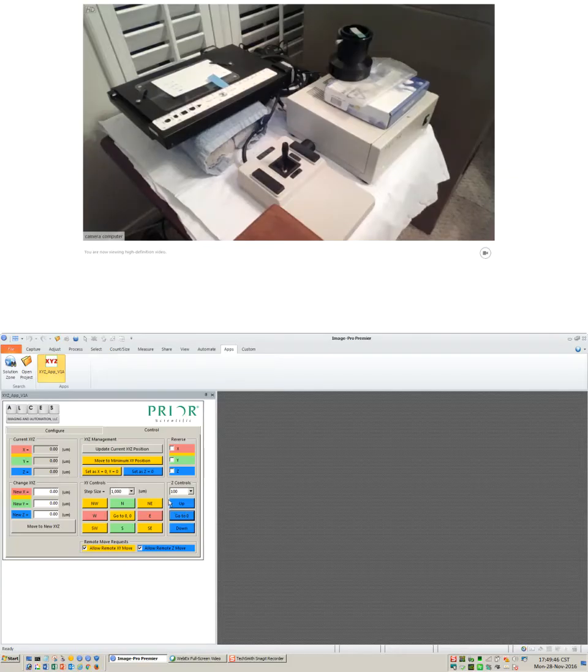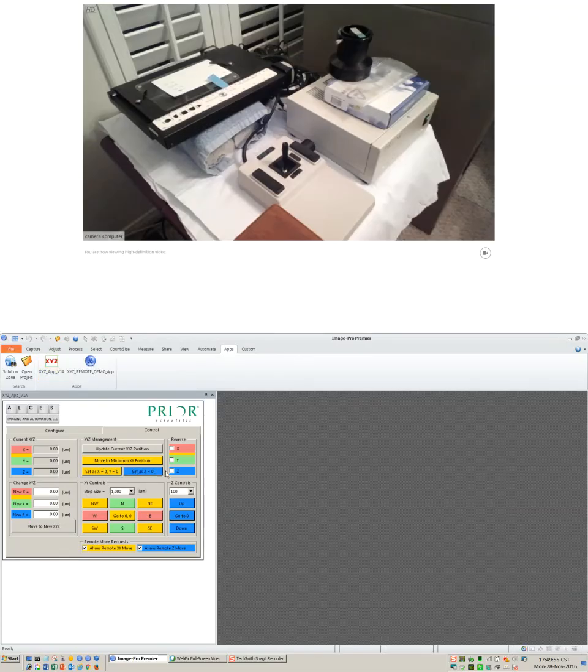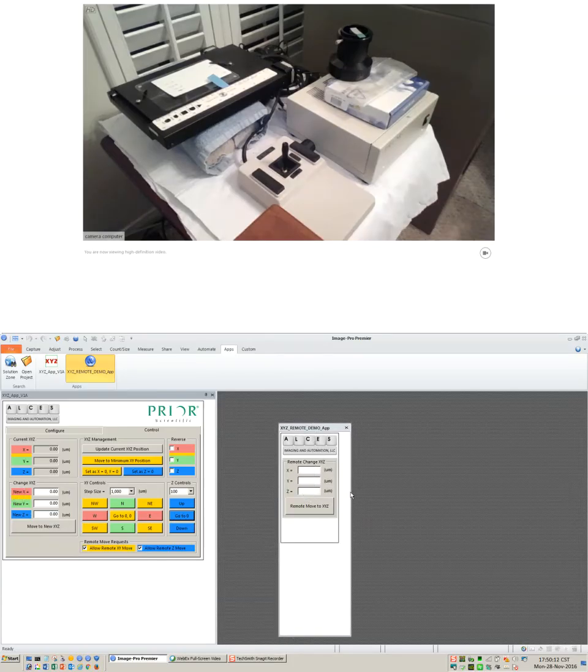So this is the basic installation and operation of the XYZ software, but I have created another application which is a demo package which shows how to communicate with this software if you want to automate the XYZ using your own software. So here is a demo application which has its own dialog box, and if I ask from this application to go to a particular location, let's say that I want to go to 222 in the X and 333 in the Y and 444 in the Z,